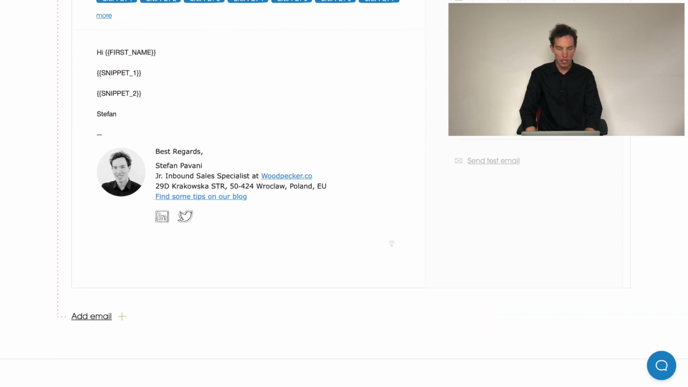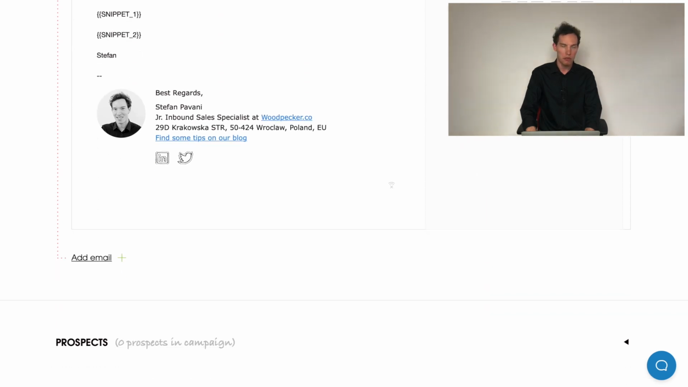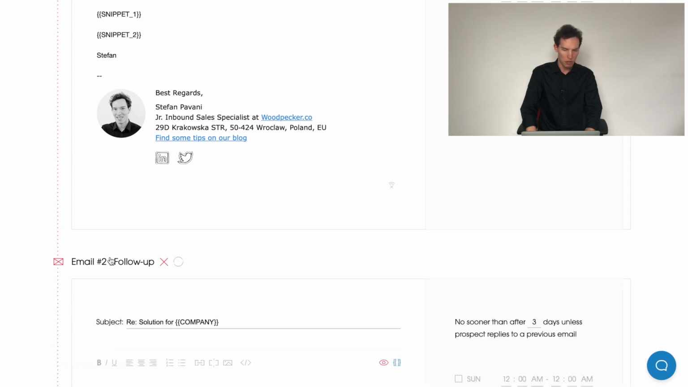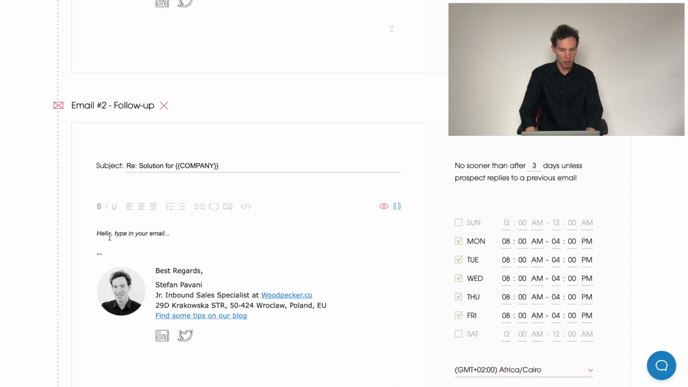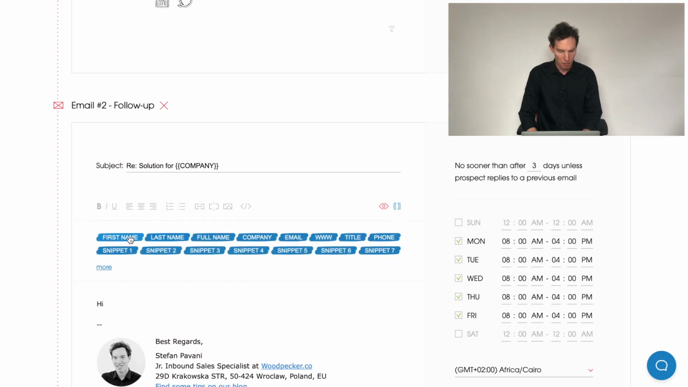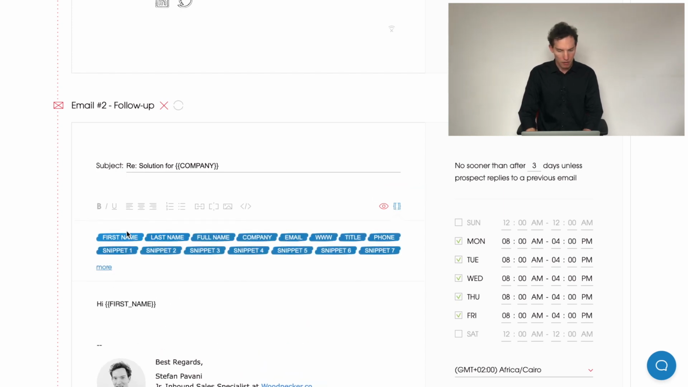Now, scrolling down, I can then add follow-ups to my email campaign. So with Woodpecker, you can add up to 7 follow-ups. So that's 8 emails in total in your campaign. For now, in this demo, I'm just going to use one quick follow-up. So let me start writing the contents. I'll keep it nice and simple like my first email. So hi, name, and then I've got snippet 1 and snippet 2, and then